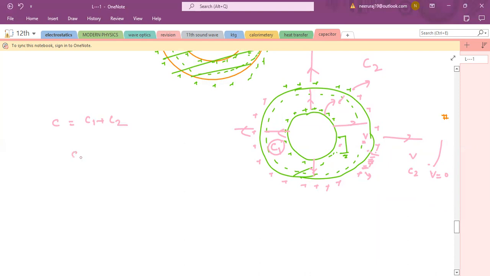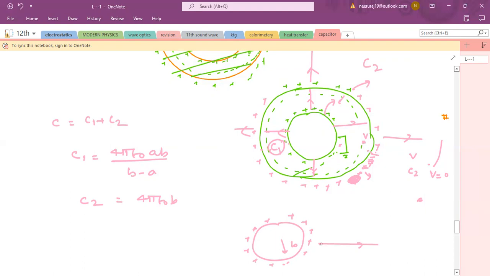And how much is C1, bacho? It's between these two plates, which is again 4 pi epsilon naught AB divided by B minus A. And C2 is from the outer surface to infinity, so it is going to be 4 pi epsilon naught B. You can treat the outer surface here, of radius B, as forming an isolated capacitor, as only the outside interaction is going up to infinity. So C1 plus C2 is going to be the capacitance of